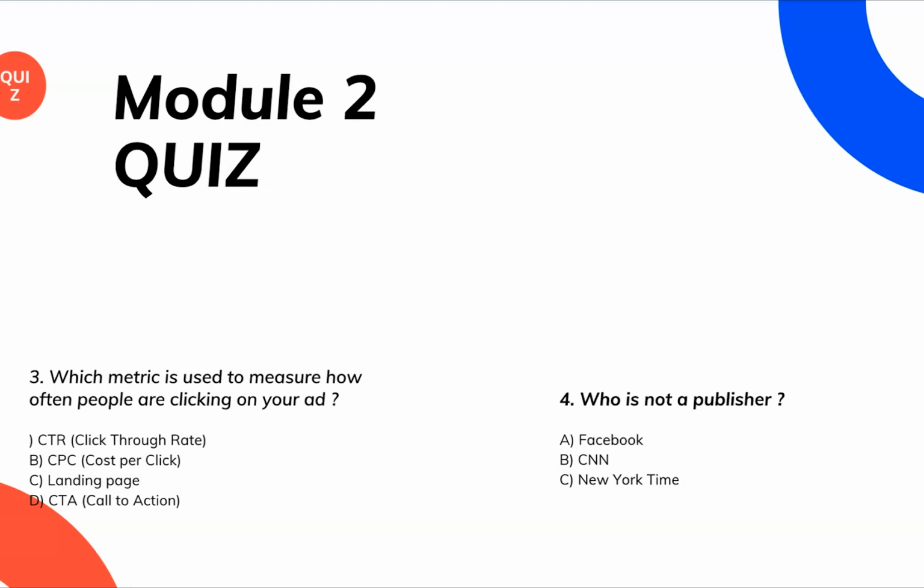So then the last question is, who is not a publisher among these three? Facebook, CNN, or New York Times? So here again, who is not a publisher is Facebook. Facebook is an ad network. It's not a publisher. Facebook, their job is to be in between you